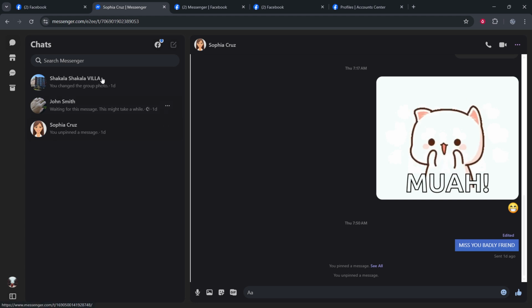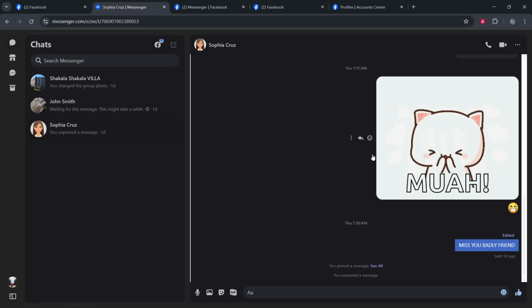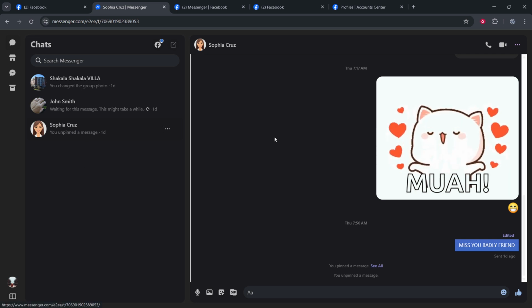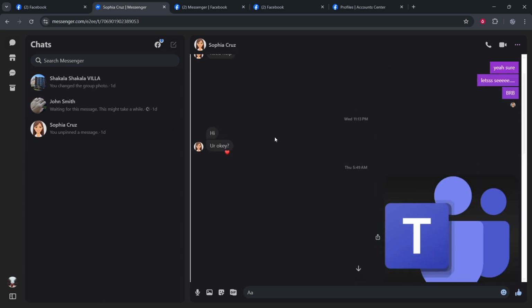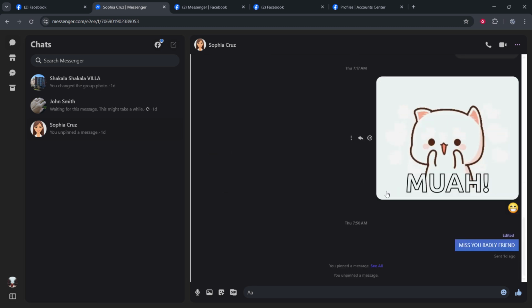Next, open a conversation. Click any person or group you want to customize. If you don't immediately see the one you're looking for, use the search bar at the top to type a name or group title. Themes are applied per conversation, so you'll pick the chat you want to update before changing